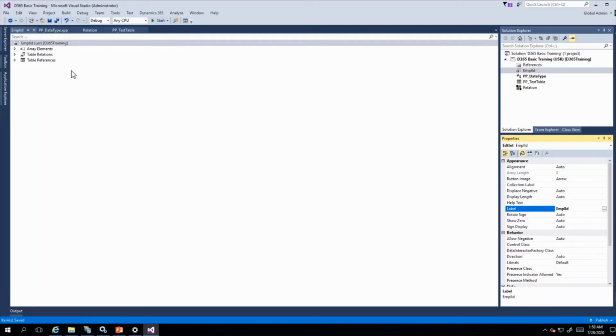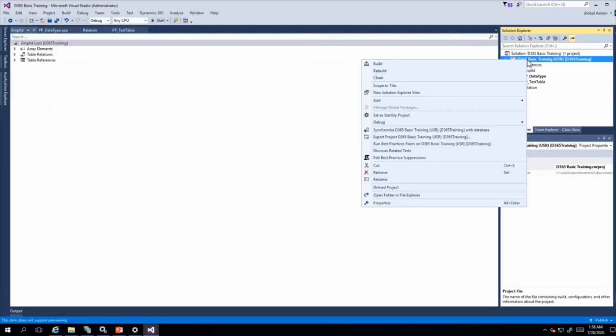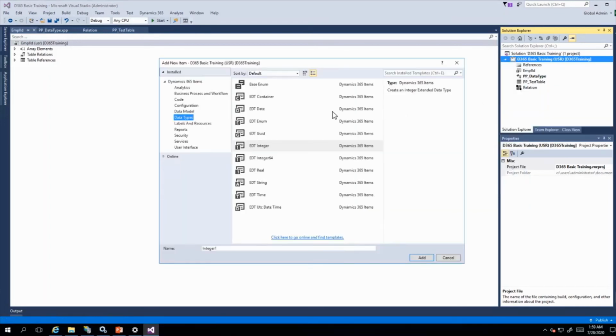Let me create one more EDT, that is the employee birth date. If we use the primitive data type, we can directly write date, then give the name of the variable birth date. But instead of using that primitive data type, we are creating our own extended data type. We will name it empl birth date. What type do we have to take? EDT date.